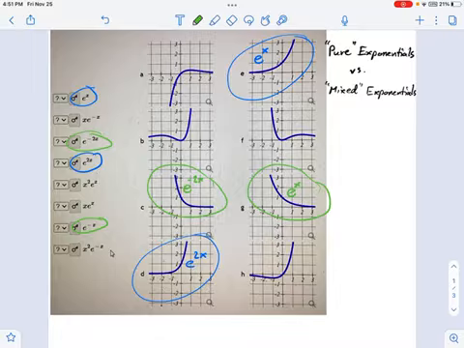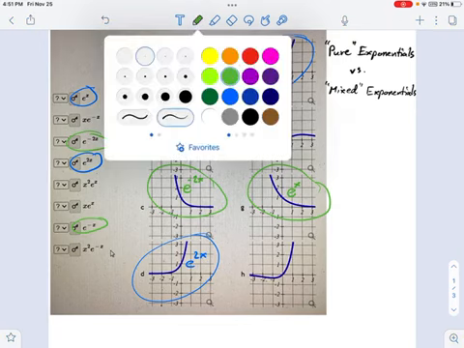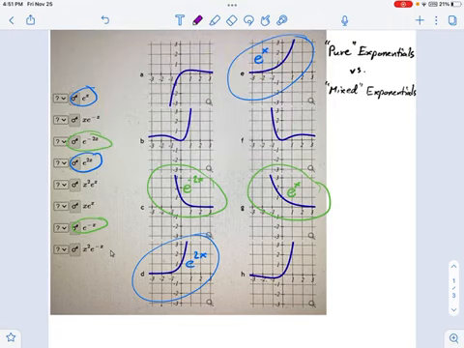Now, once you've categorized those as the normal exponential curves, the pure exponentials, then we have these other things that are just thrown in for fun here. We've got some bumps in there. And notice that all of them actually hit 0. That's important. No normal or pure exponential will hit the value 0. 0 is the horizontal asymptote, and they would normally approach it but not actually reach it.